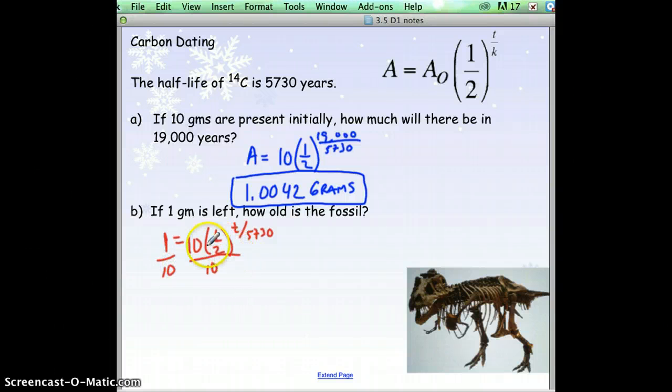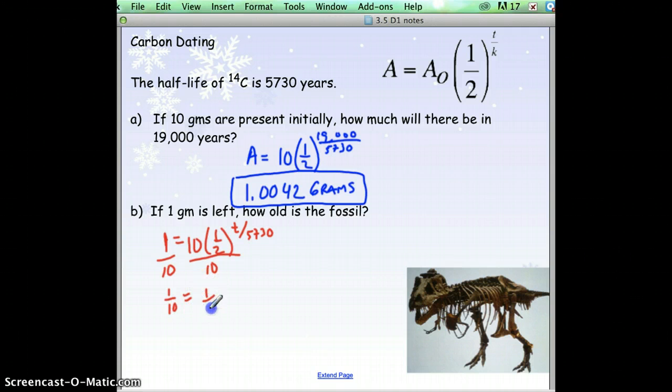I just want to make a note first. You cannot multiply 10 times 1/2 first and say that's 5 to the t divided by 5,730. That would not be following order of operations. Remember, parentheses, then exponents, then multiply. So you should not be multiplying these two numbers together. Instead, you divide out the 10. Okay, so we have 1/10